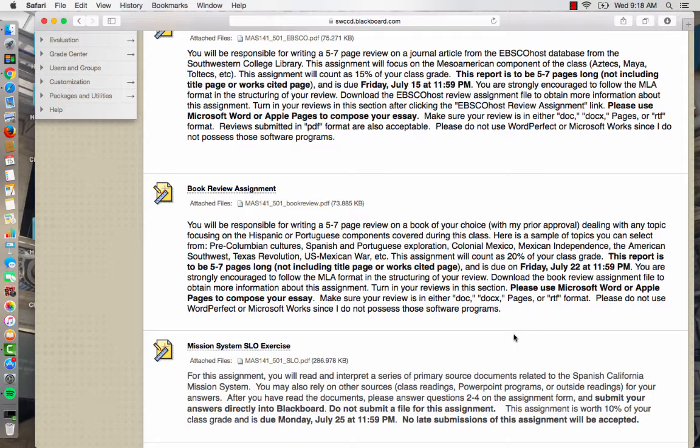You're to choose a book pertaining to the scope of the class. And by far the most popular choice has been Mesoamerica, so about the Aztecs, the Maya, the Olmecs, Teotihuacan, or if you get into colonial Mexico, those are good topics too. The U.S.-Mexico War has been a popular topic as well. The American Southwest, Spanish California, Spanish New Mexico. Those topics. I actually have more information about this in the PDF file.